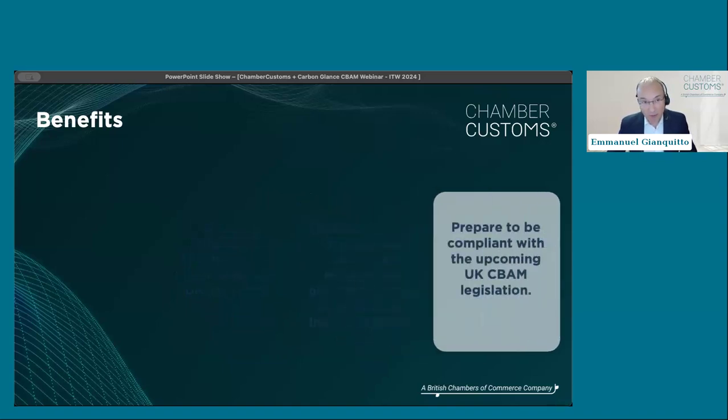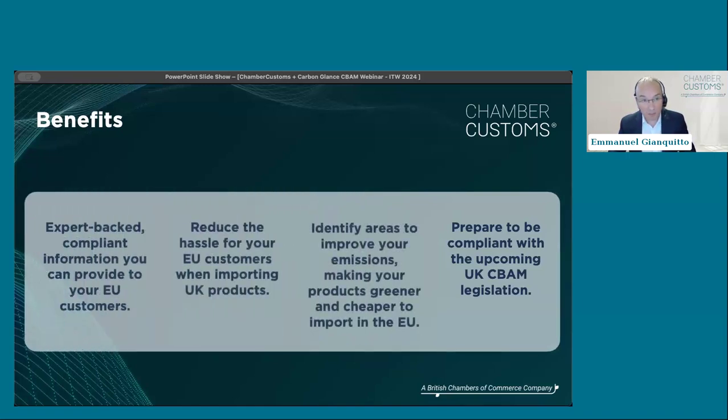And just to link back to what Liam said at the very beginning, it's not a bad idea to start understanding CBAM because the UK is implementing an equivalent scheme. So you as a company importing products from outside the UK will be having to do the same thing, gathering information and paying tax. So it's a good idea to start having those calculations available.